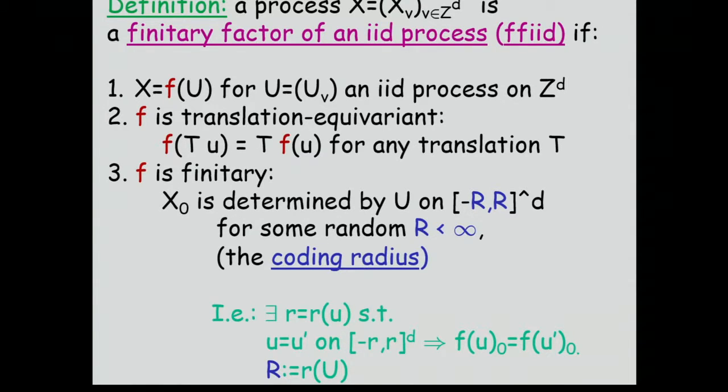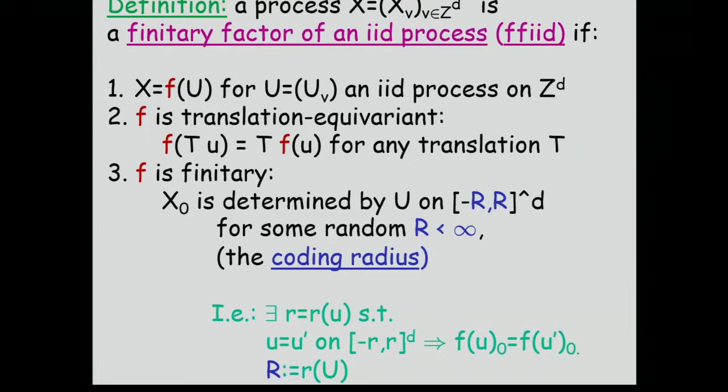A process indexed by, let's say, Z^d, although you can do it more generally, is a finitary factor of an IID process, which I'll abbreviate to FFIID, if, first of all, you have an IID process indexed by the vertices, U_v, indexed by the vertices of Z^d, any IID process, and the process I'm interested in, X, is a deterministic function of that, so all the randomness comes from just IID coin flips or whatever at the individual vertices, and